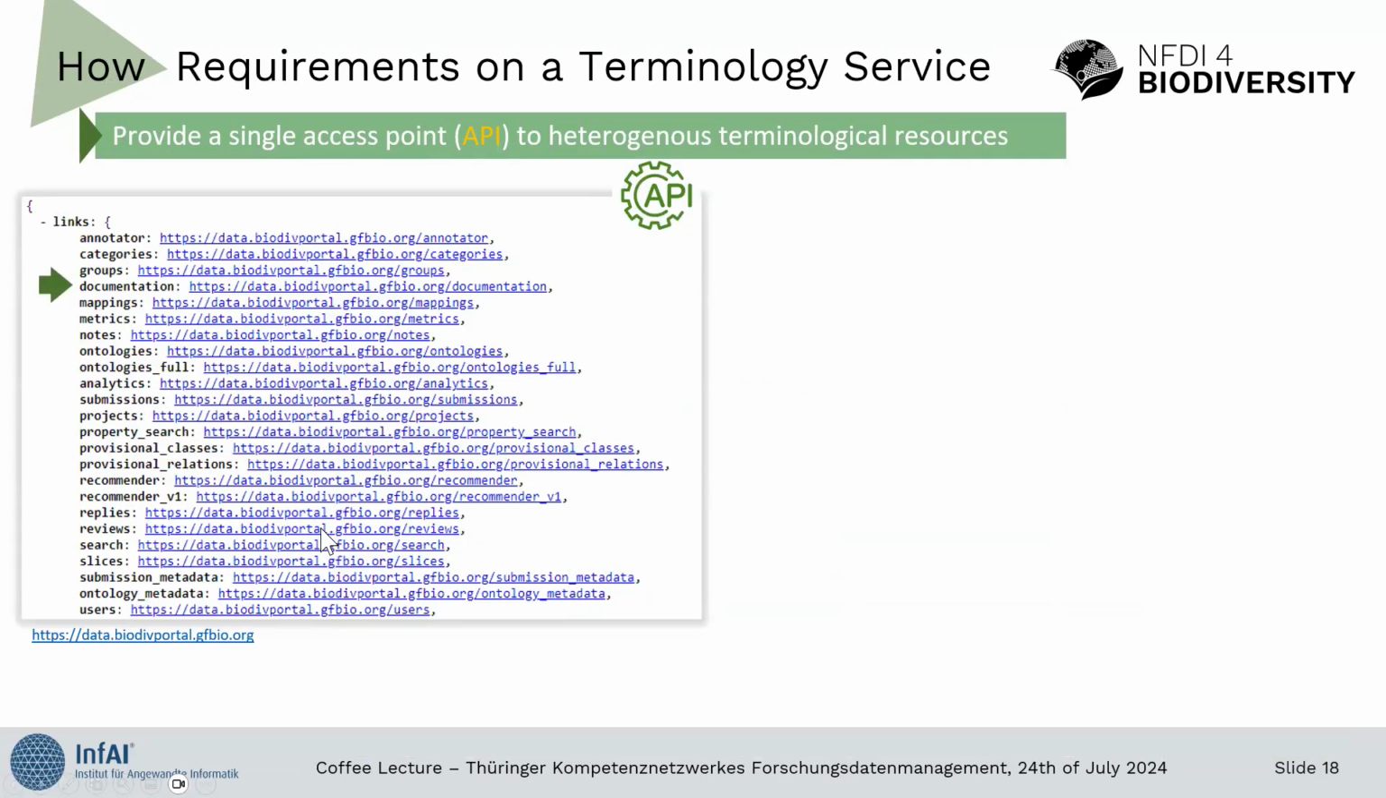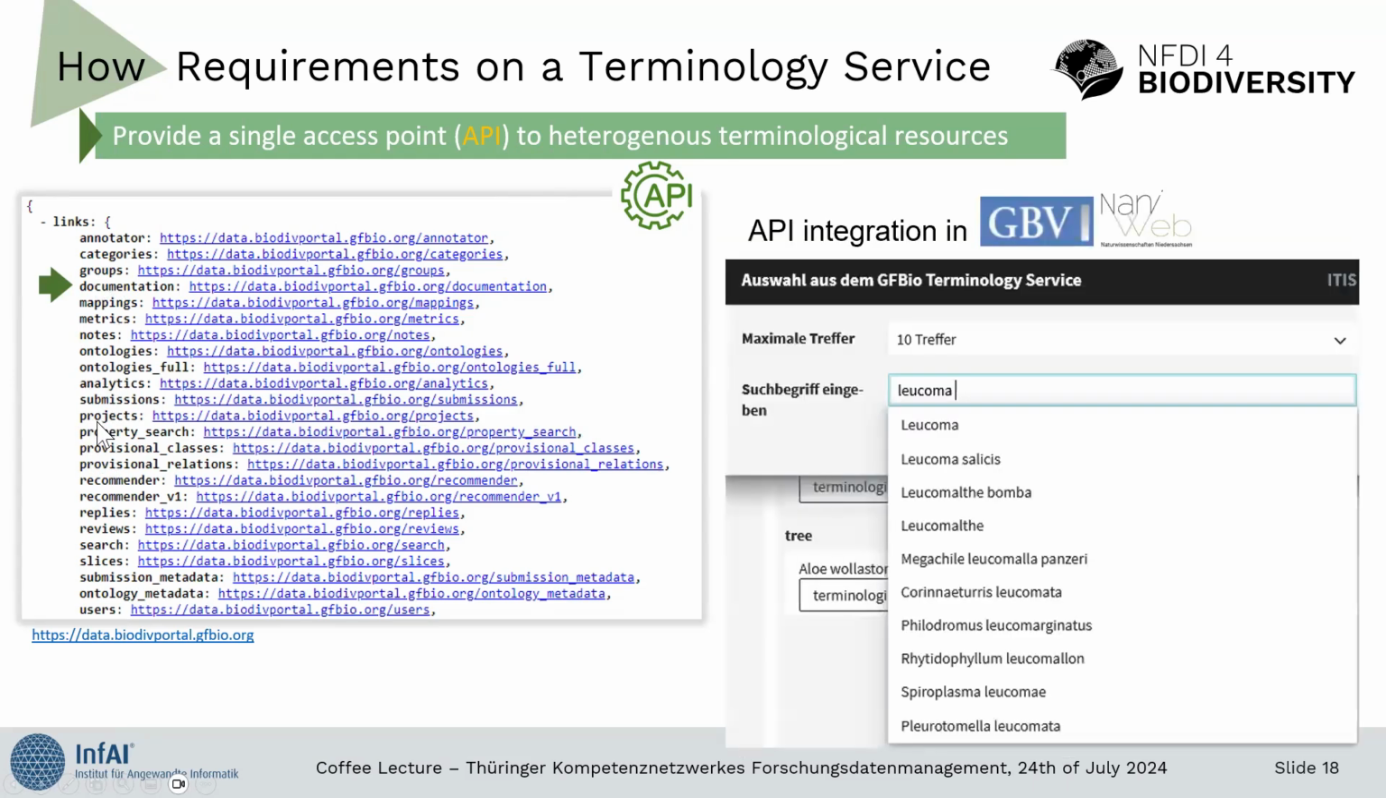So then we would like to provide a single access point to all the terminologies that we have. And we offer an API for that. So to get the documentation is one of the points here. So you can see the information about all the endpoints we offer, and basically an example of integration of this API is in the NaniWeb